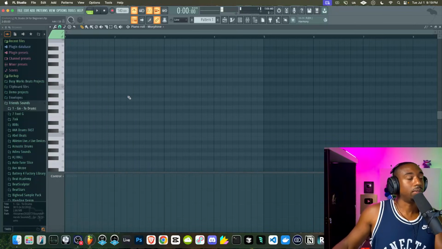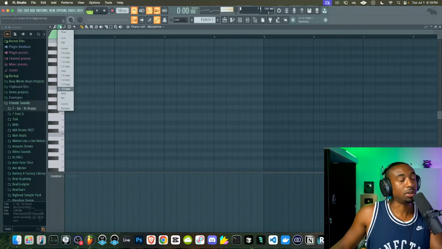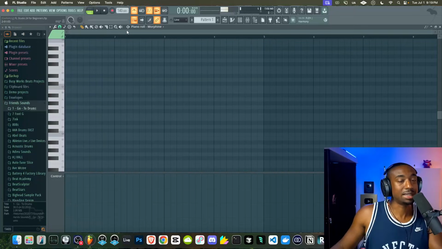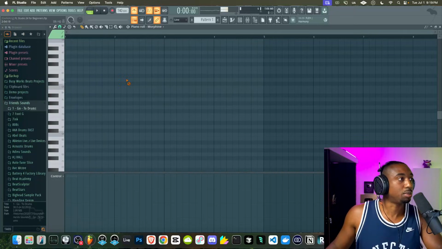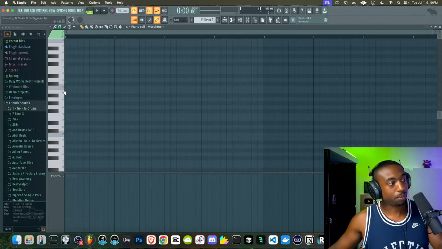Okay. So now we have a sound. We can now draw in with the pencil tool some notes. I'd recommend you guys change your snap to grid to 1/2 beat, and I'm at 140 BPM, which is the project BPM. Again, you guys will get the project files for free at busyworksbeats.com.